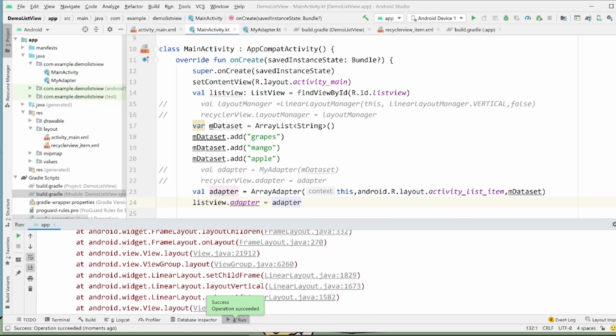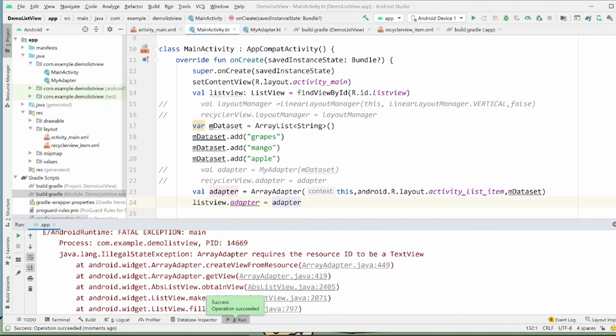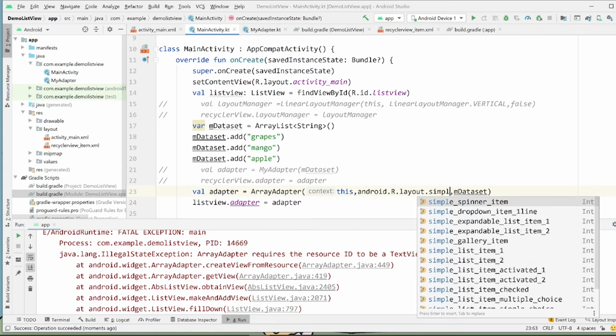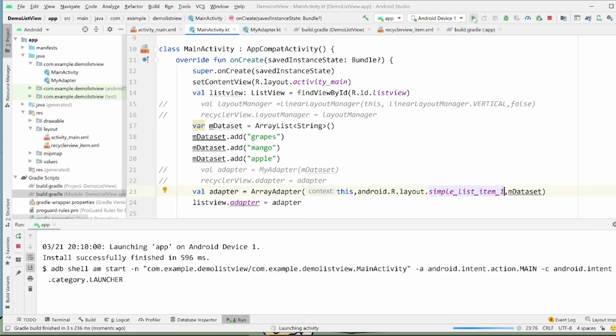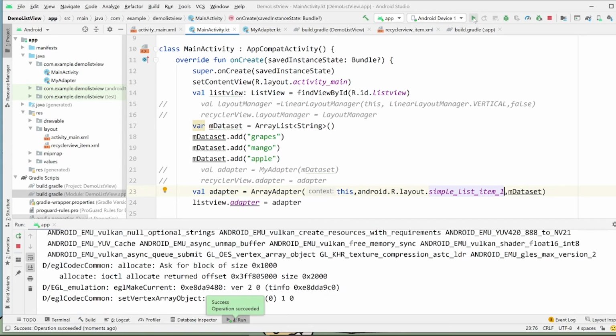Sorry, simple list item is the one you should be using. I picked the wrong layout. You can go to Android Studio's documentation to see what each of those default layouts looks like.